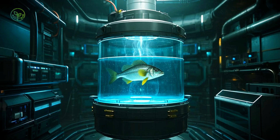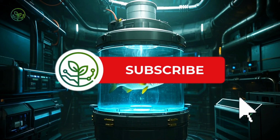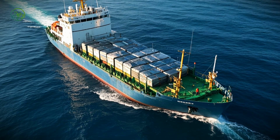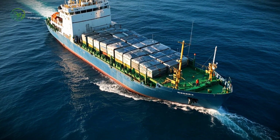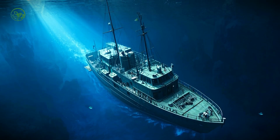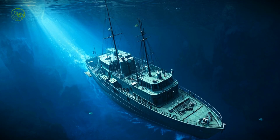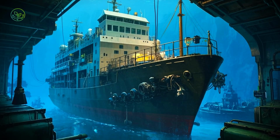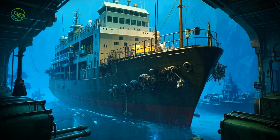Because transporting high-value fish across the ocean is no longer just logistics. It's marine biology in motion. And every kilometer traveled is a test, not of fuel efficiency or engine power, but of our ability to engineer life support in one of the harshest environments on Earth. Next, we'll dive deeper into a failure that often goes unseen, a flaw that starts with oxygen and ends with